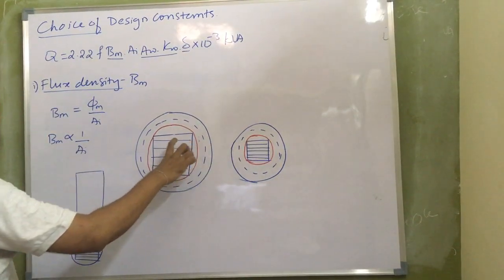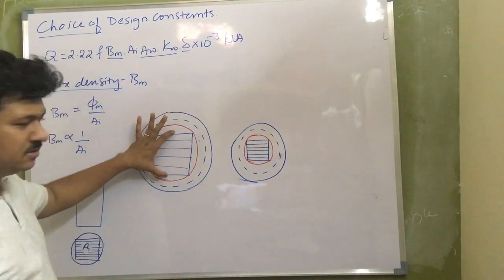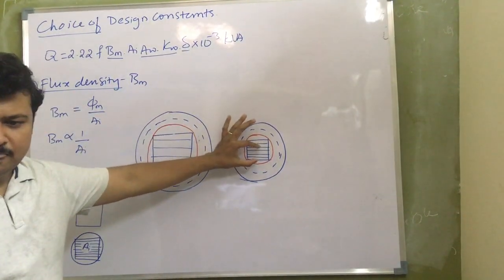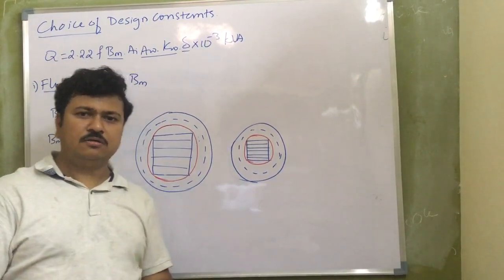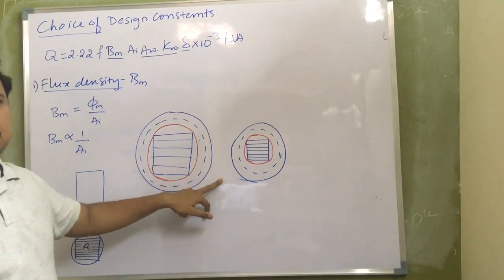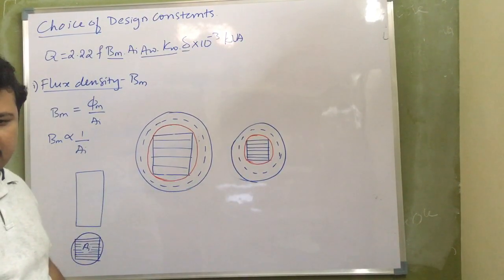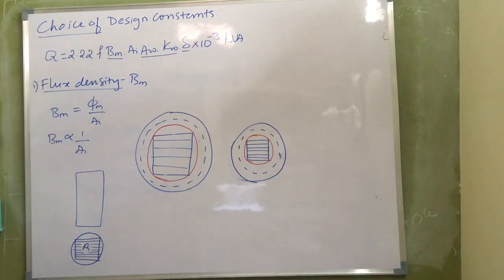See, this is the area of iron, this is the dimension I need. The dimension of core is this. Now the dimension of core is reduced. So there is a large saving in the iron part also. So there is saving in iron, there is saving in copper. But there is an increase in losses. We know that by the choice of larger flux density, my iron losses increase.